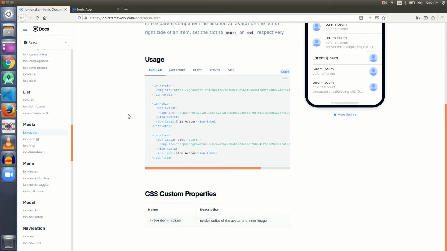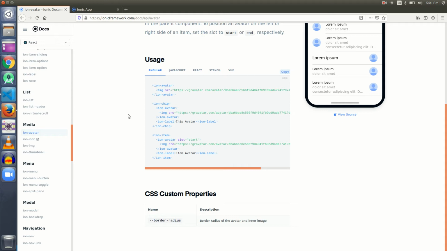So guys, we have covered two things, Ion thumbnail and Ion avatar. Ion thumbnail is used to display something, and to be frank, in the visual experience that it gives us, Ion thumbnail is a bit bigger as compared to Ion avatar.